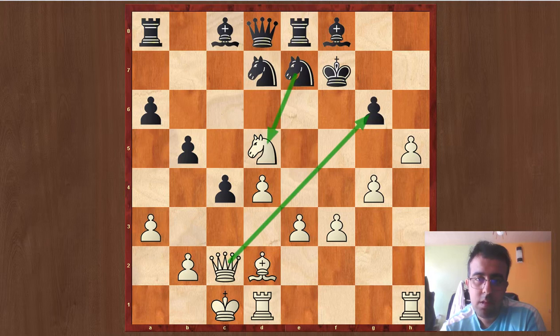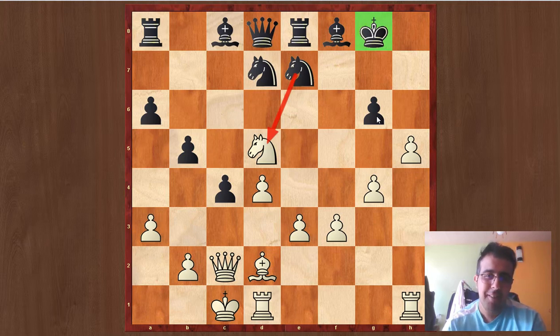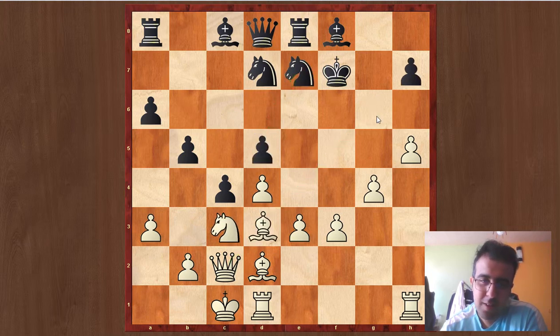So a better try for black could be here king to g8, which is winning for him, but it is very difficult to find. You know, going back, why am I going back here? I'm crazy. Do I want to suicide? You know what? Okay, so okay, but